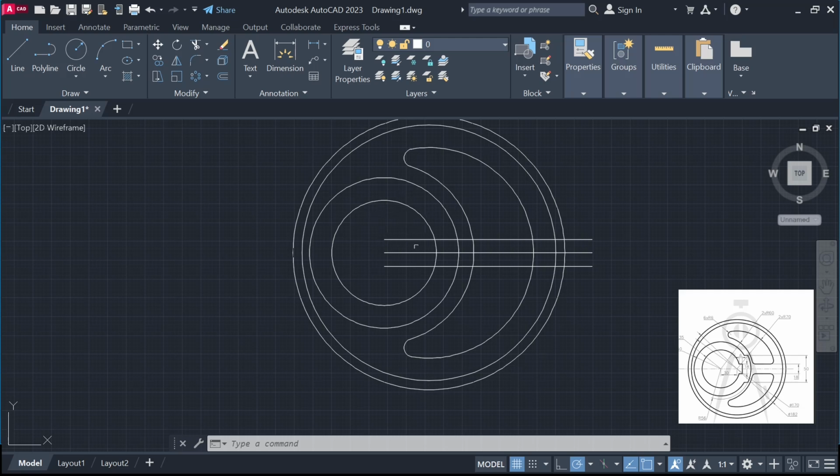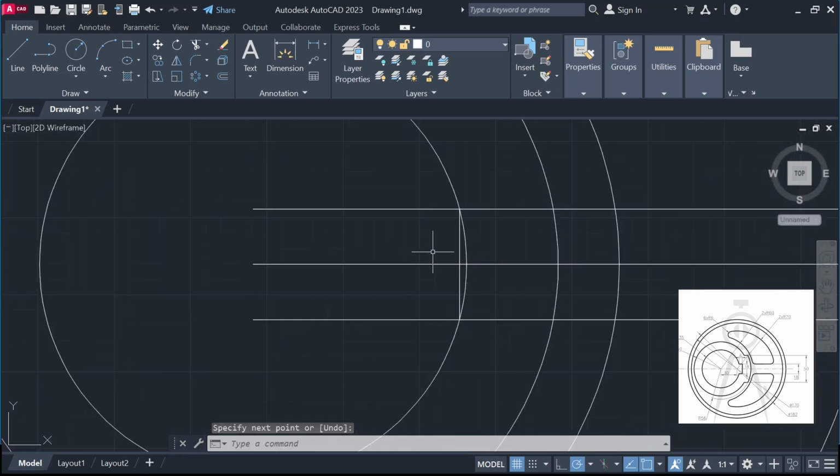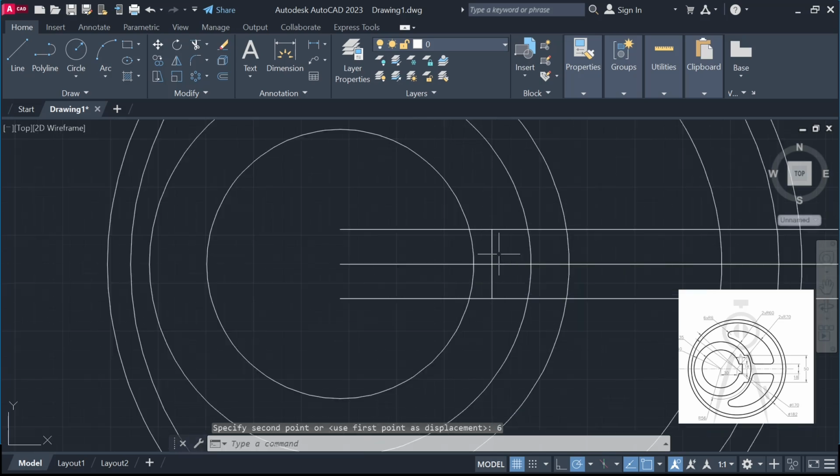Now this is an interesting one to connect this, and this is 6 units, so we move it out by 6 units and trim out this part. This is